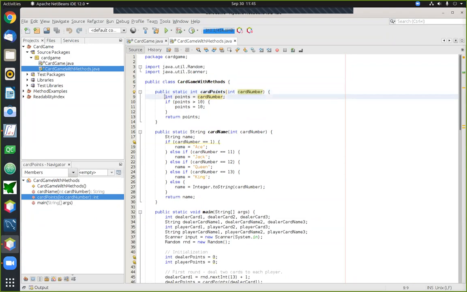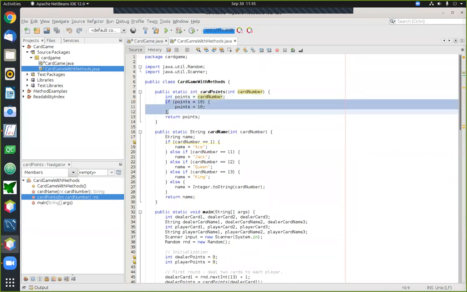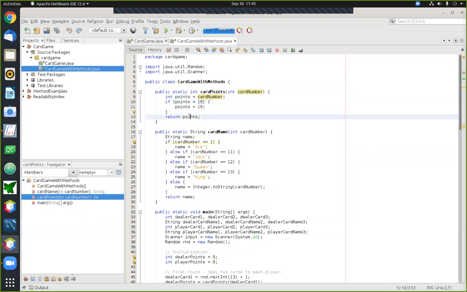So we take the card number that determines initially how many points the card is worth. There is, however, an exception, and that is if the code number is greater than 10, the actual points for the card will be 10. So we'll knock the points back down for the cards number 11, 12, and 13. And then when we have computed the number of points that the card is worth, we'll just return that value. Because what we're returning here is an integer, in the return type part of the method, we have to say that this is a method that returns an integer to you when you use it.